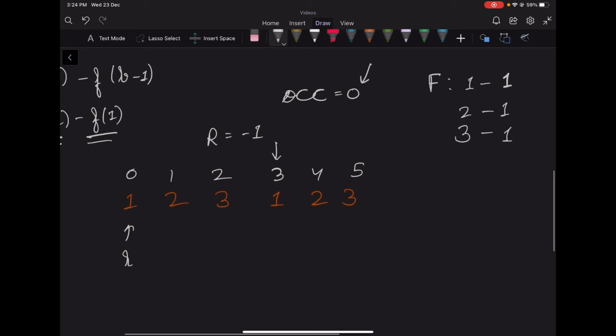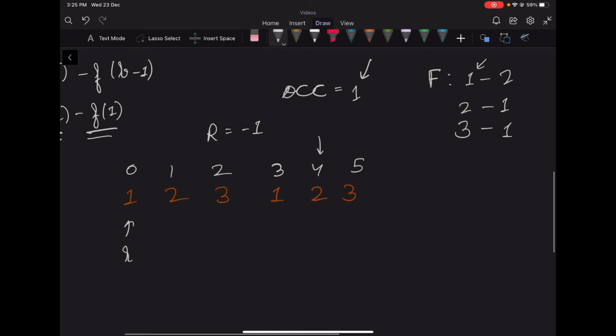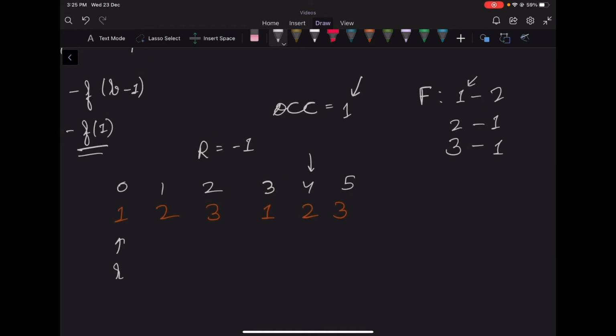Now again we can increment our right pointer because it increases the frequency of 1 to 2. So now the frequency of 1 is 2 and the number of occurrences will be 1, because there is at least one element whose frequency is at least 2. So there is one special element. Now again we can increment our right pointer because it will make the frequency of 2 equal to 2 and increment the number of occurrences to 2. So we can actually have 2 special elements, and it is fine to increment the right pointer. So now the frequency of 2 will be 2 and the number of occurrences will be 2.